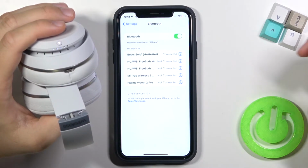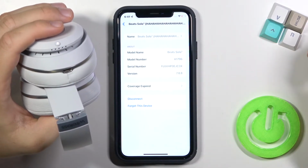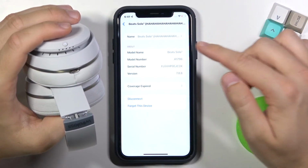And as you can see, after a few moments, we are finally connected. When we click right here, we can check stuff like serial number, model number, version, and we can also rename our